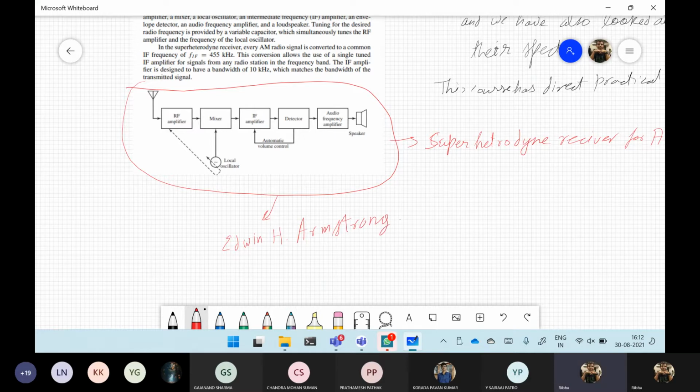What this guy proposed back in 1910 was that instead of having a variable inductance and a variable capacitance for the tuned amplifier, which is unreliable,